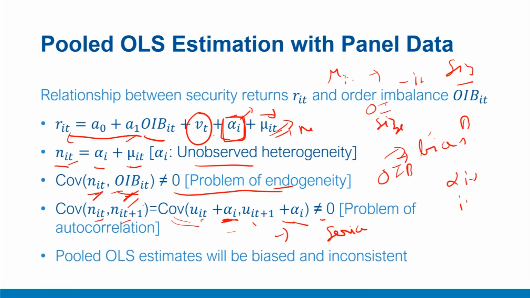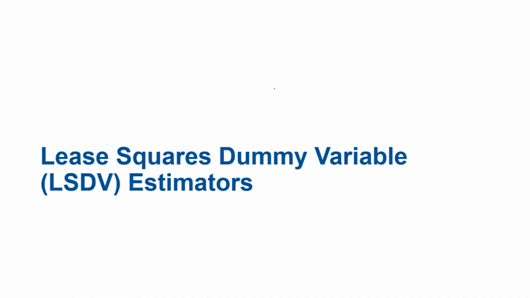To summarize this video, we learned visually as well as econometrically that if we do not specifically account for the panel data unobserved heterogeneity alpha I, and we try to estimate through pooled OLS, the estimates from the resulting regression, that is alpha 1, are biased as well as inconsistent, and therefore vitiate the estimation. In this video, we'll discuss in a formal manner the least square dummy variable approach to panel data